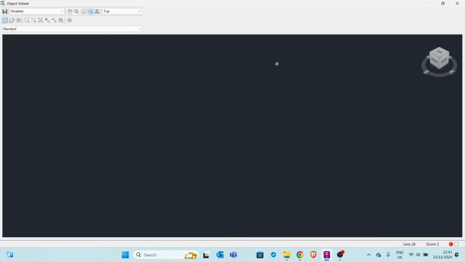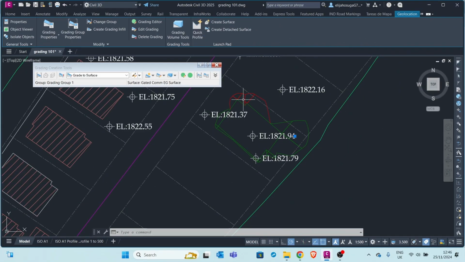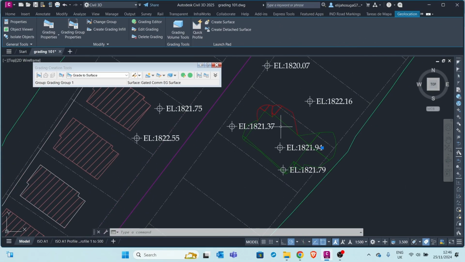Let's change the orientation, zoom in. All right, so you can see here the fill condition, and then we have a cut on this side. So this cut is going all the way to somebody else's parcel. So I want to reduce this grading slope so that the fill becomes sharper and the cut also becomes a bit sharper. So before we edit our